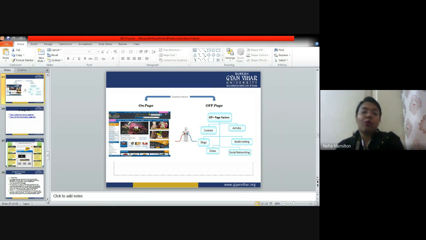When I talk about on-page optimization, on-page means something which is visible to you, something that you can see on the web page. So, what are the things that you see on the web page? You see a title, you see content, images, videos, ads, right? Sitemap is visible. So, you have a lot of things that you see on your page. So, overall, in on page optimization, we are improving the presentation of your web page. It should look good, it should be of importance to the people or the users who are reading it, right?